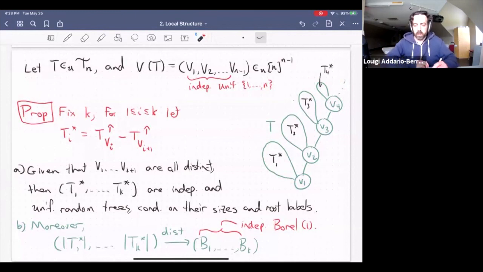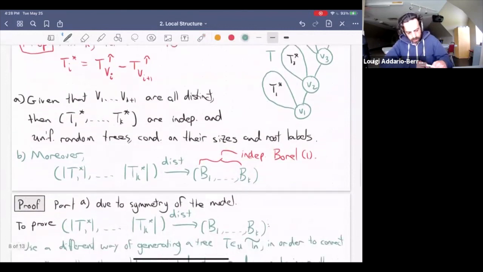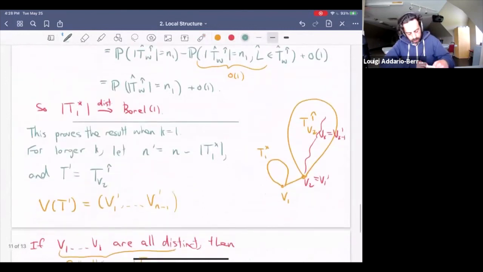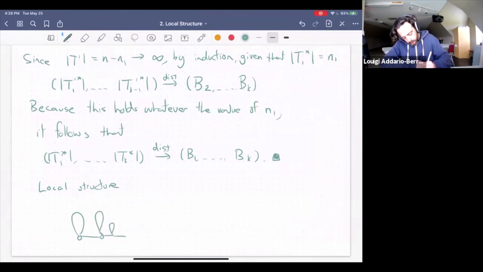So that structure was described. This local structure of IID trees along an infinite backbone